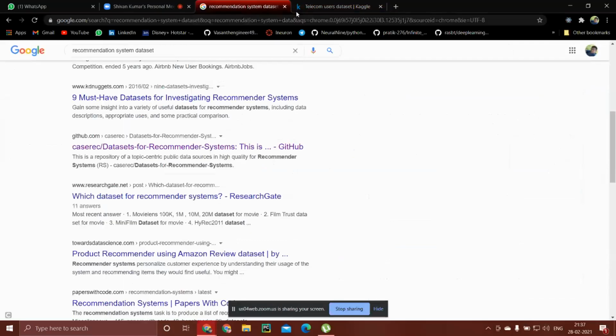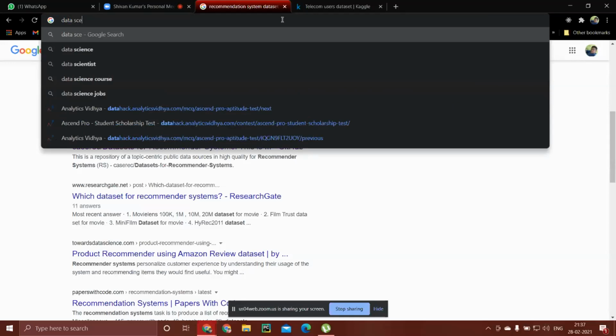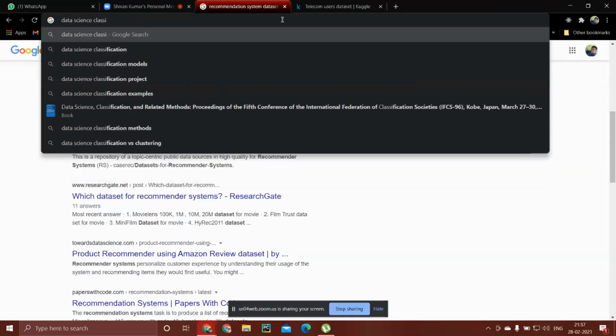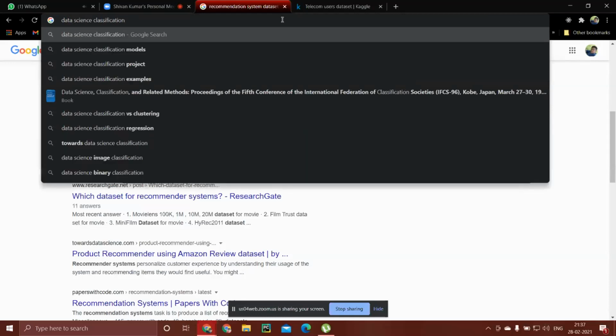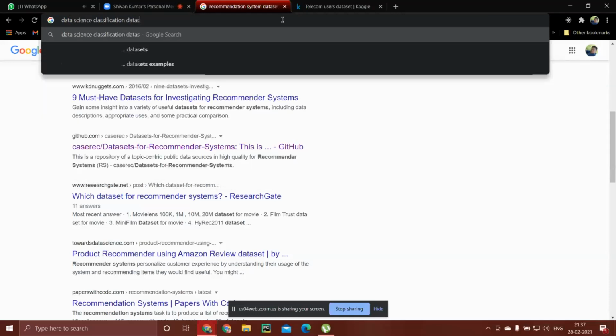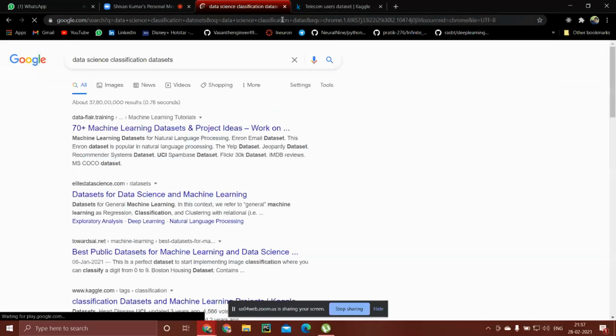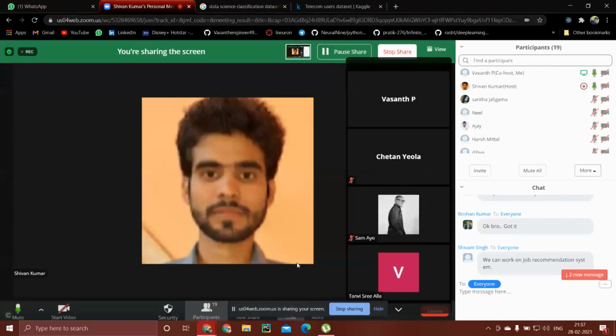These are some ways. It's not that you should search here alone. You can put in something like data science classification data sets, and you will receive a lot of results. Whatever you like, you can select it.